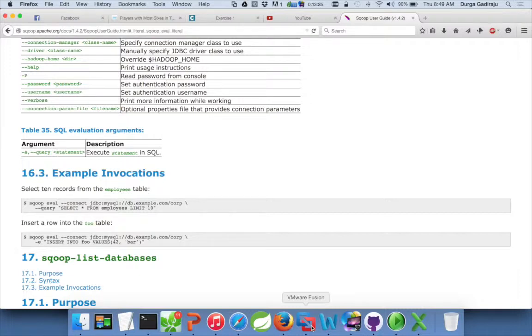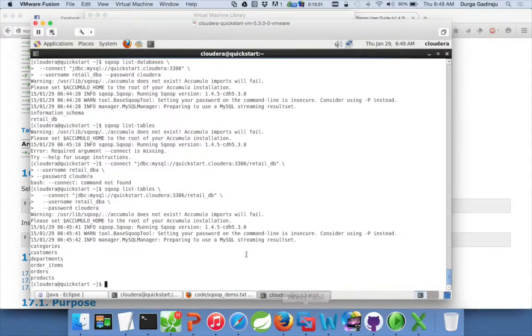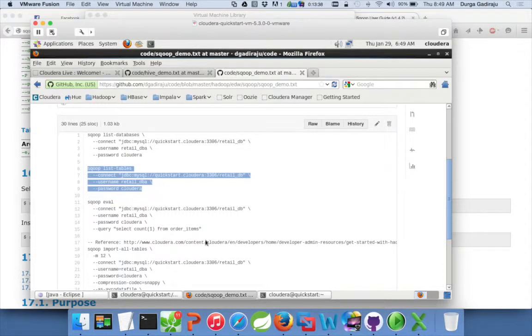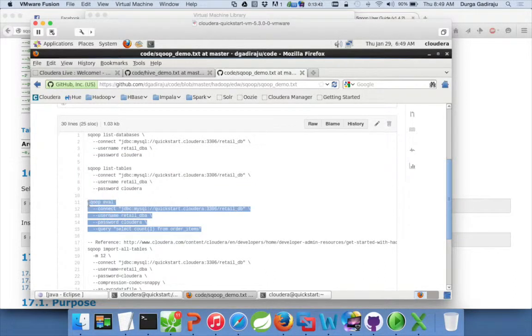So that is the significance of eval. I will demonstrate it with a simple example, and probably in the latter part of the demo videos, I will cover a conventional use case using the eval command.